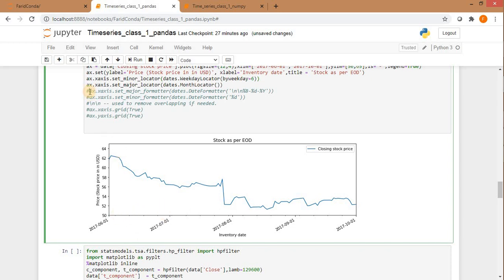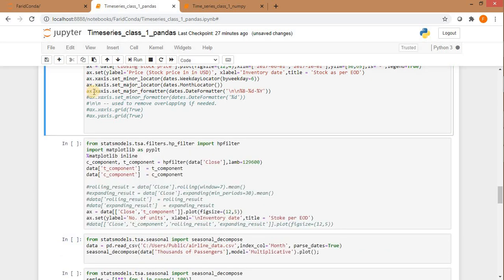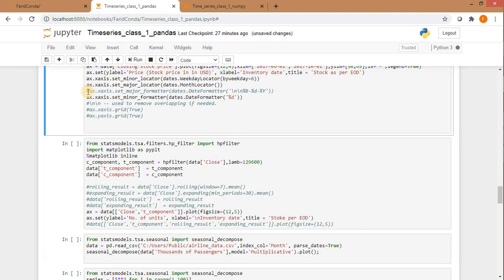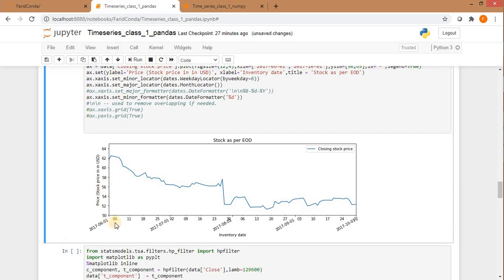Now let's place the values for the minor locators. Sorry, it's for minor locator. Right, so June 4th in 2017 is Friday. Sorry, it's Saturday.